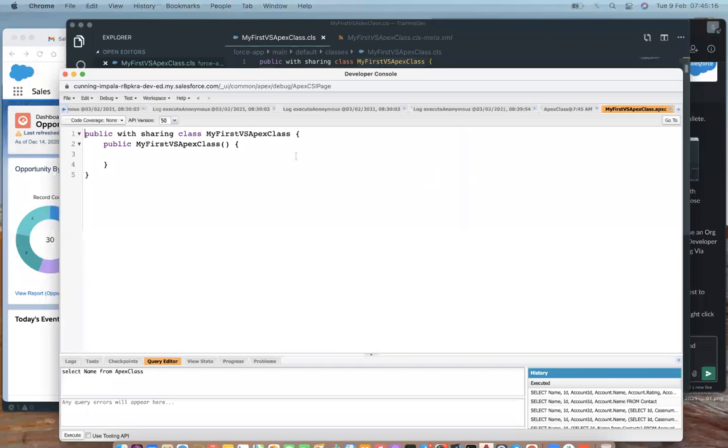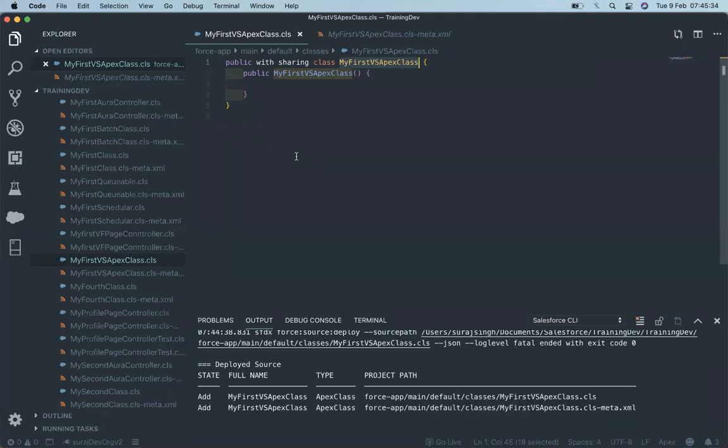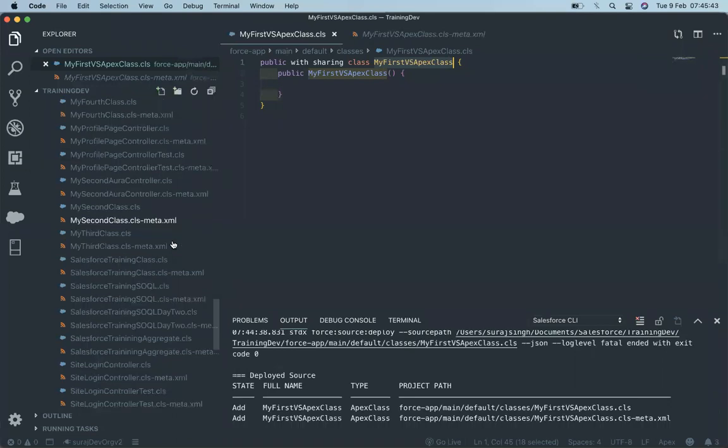So it is the same way, a small and simpler way, of how we make a deployment, how to retrieve a package from Salesforce, and how to create any metadata file inside VS Code and then make a deployment to our org. So we can do all the kinds of things that we are doing up there, we can do the same up here.